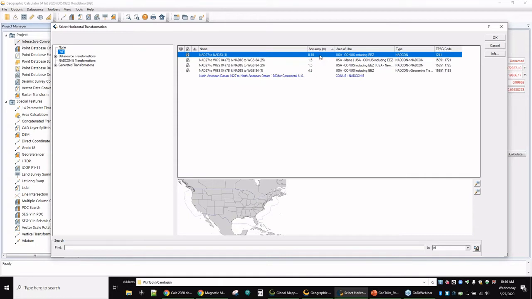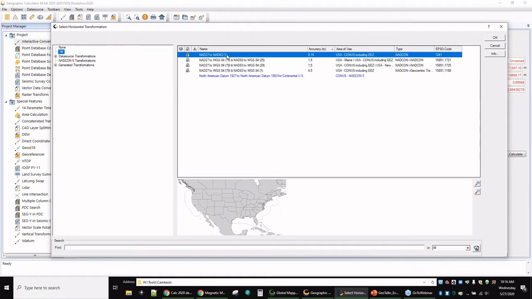So an implicit part of datum transformation is a slight loss of accuracy. It's just how datum transformation works. Doesn't matter what tool you're doing that transformation in, transformation does manipulate your data. So the accuracy statement here, basically, the tighter the accuracy, the better the transformation is going to be for that data. So in this case, I see that top one on the list here, sorted by accuracy, is the NAD27